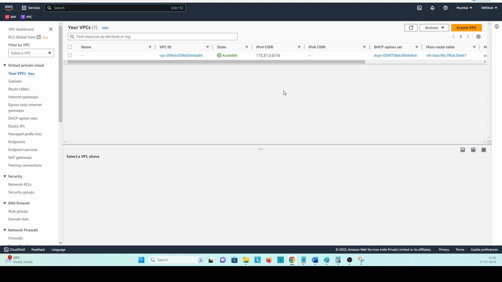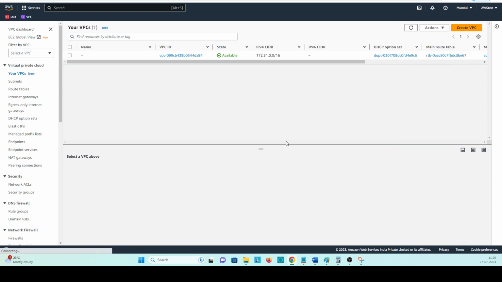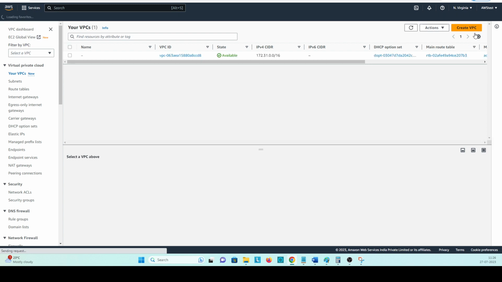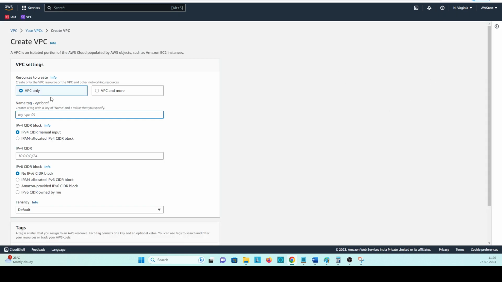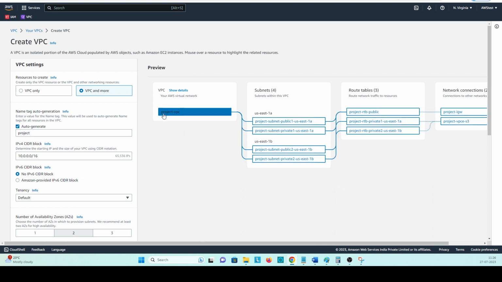Okay, so I have logged in to my AWS account. Suppose we are going to the North Virginia region. We will create one VPC. Now AWS has introduced a feature: after the VPC we have to create the subnet and route table and attach them with the internet gateway and NAT gateway. So if you select VPC and more, everything you can define here, and it will create it from one VPC